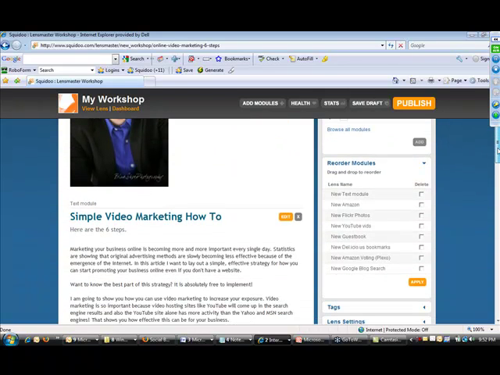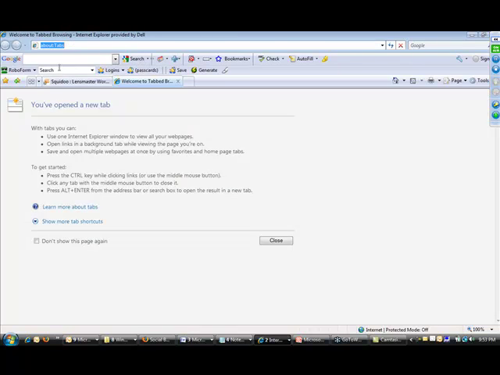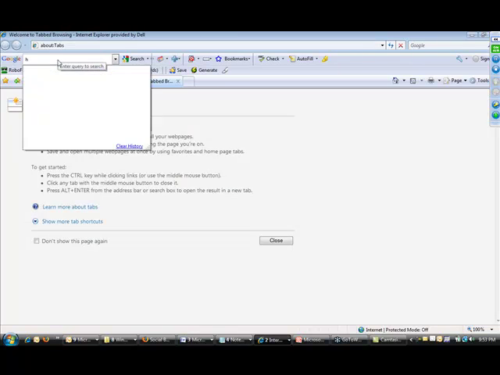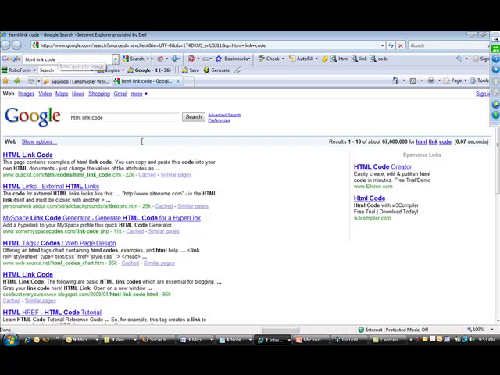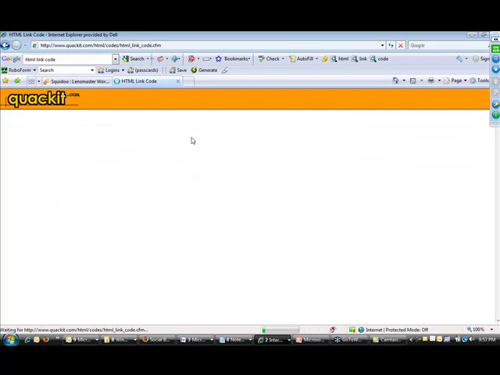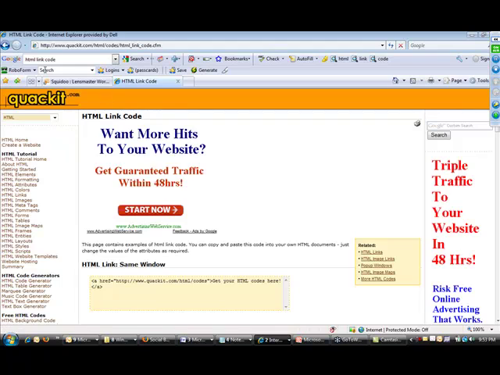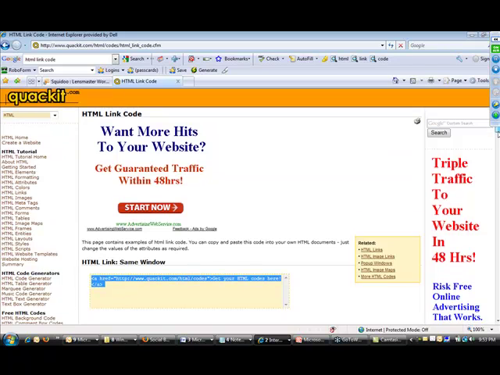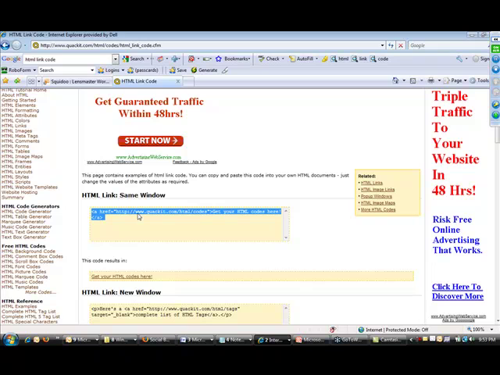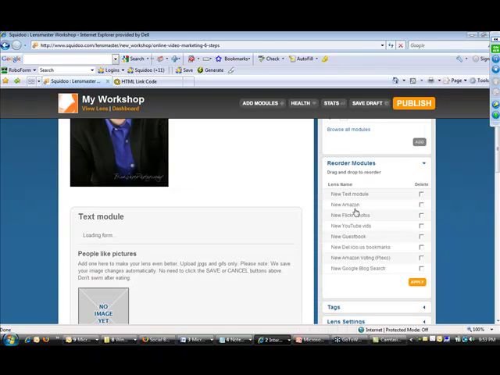Now a couple other things that you do want to do for this exact process is you want to put in an HTML search engine friendly anchor text link. So you need to go over to Google and type in HTML link code. I don't have that code memorized. I probably should by now. I use it all the time, but I still use these sites out there. Quackit is a good one, but you can just go to htmlcode.com and it will just highlight this. So basically you just highlight this code, so you can copy it and come right over here